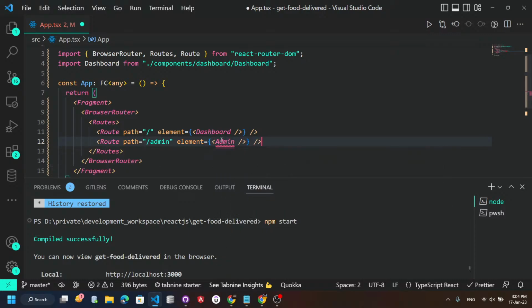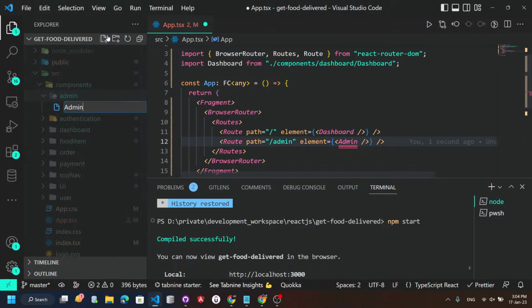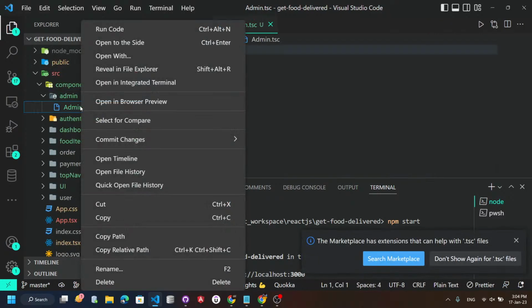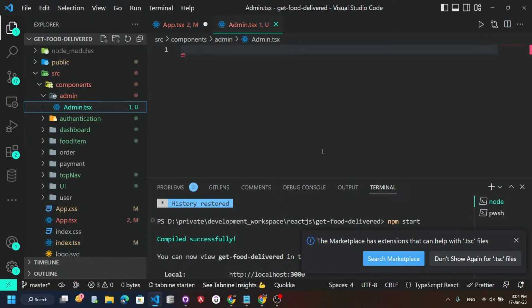Okay, and if we have an admin, let's see what kind of components we have in admin. We are now going to make one admin.tsx file, not tsc, but it should be tsx file. It's here, and now we'll continue